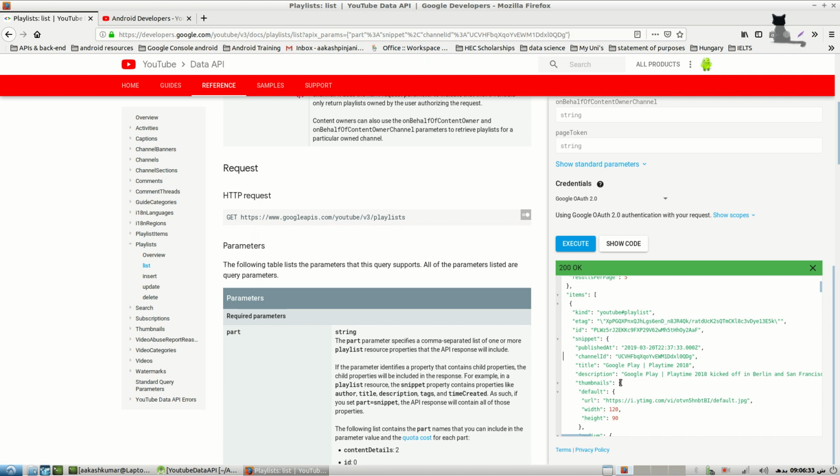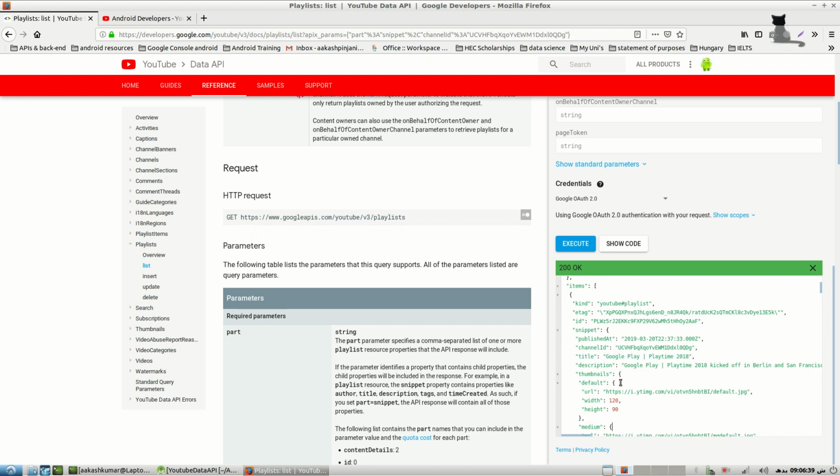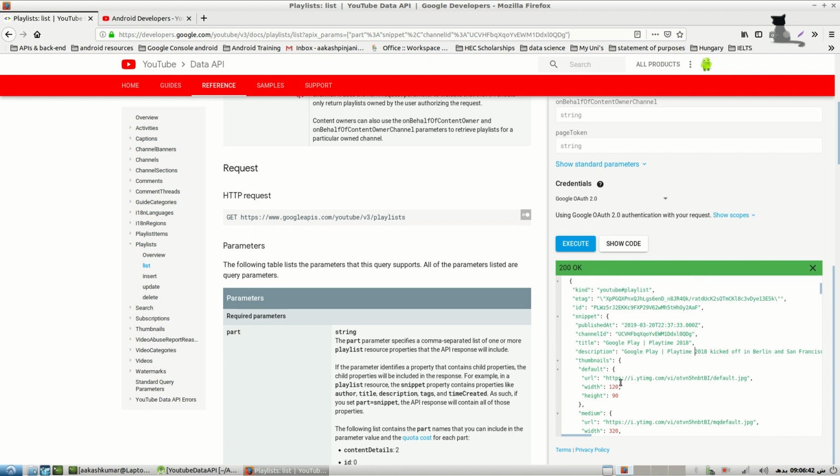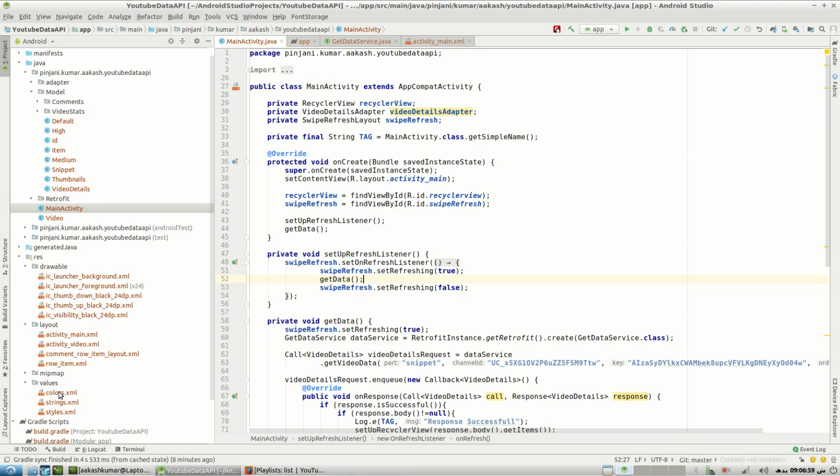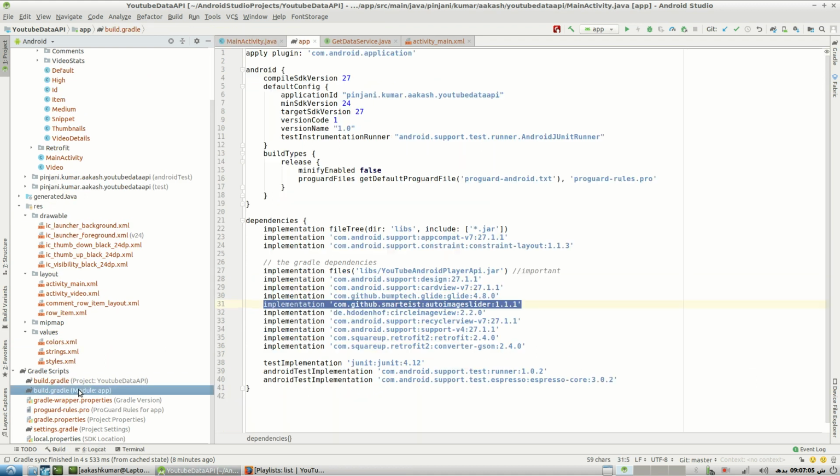So we're interested in the channel title, its description, the thumbnails. So we're going to retrieve a couple of items inside the snippet JSON object and we're going to show the playlists in a slider. So to do that, you're going to have to head over to your Android Studio and head over to your build.gradle app file, and you're going to have to include this dependency in your